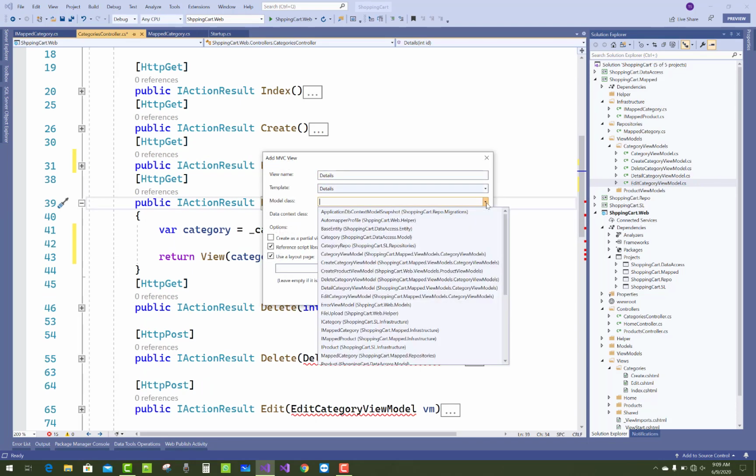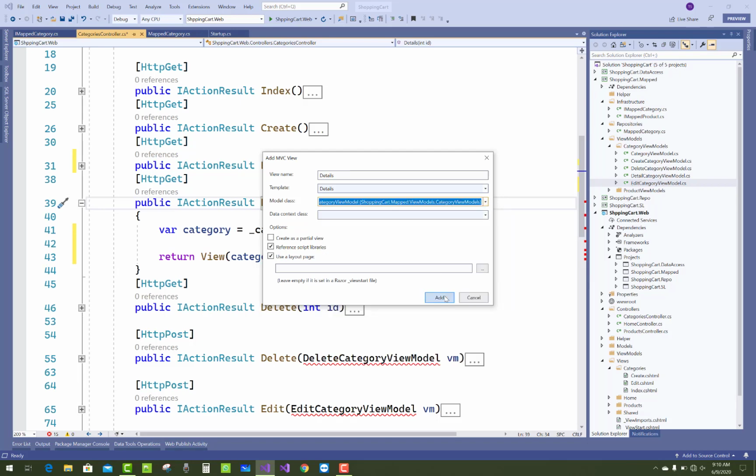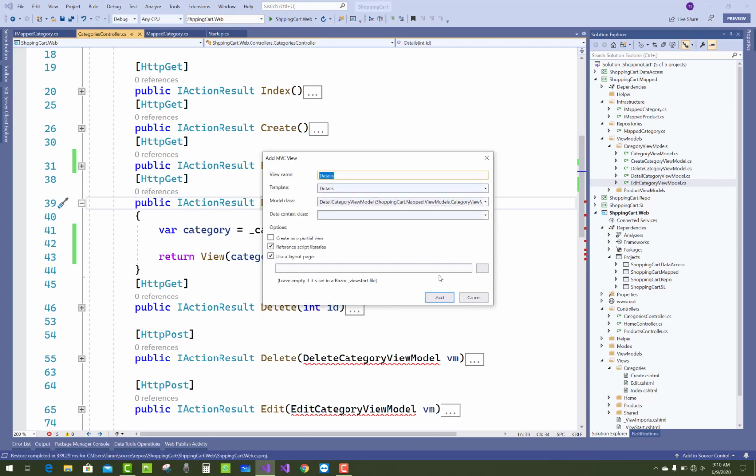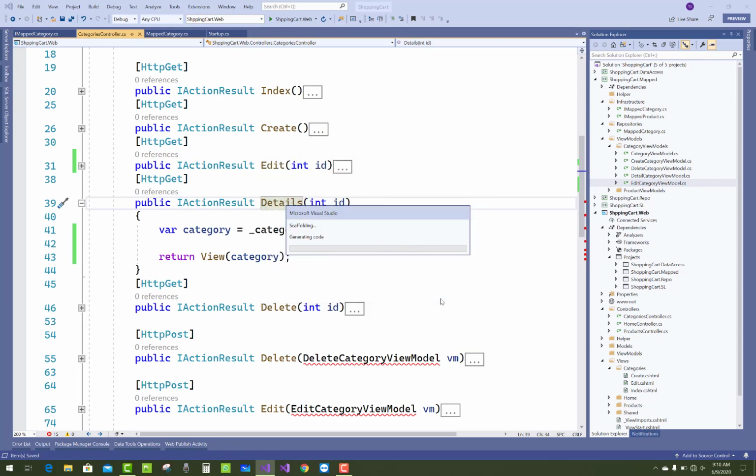Actually scaffolding is not working here because you have to add scaffolding on a complete, building project. If your application has some errors, then you do not apply scaffolding.